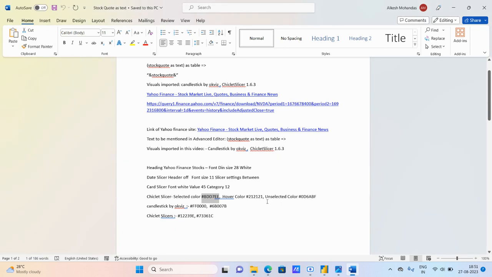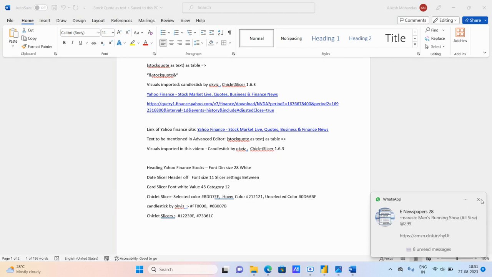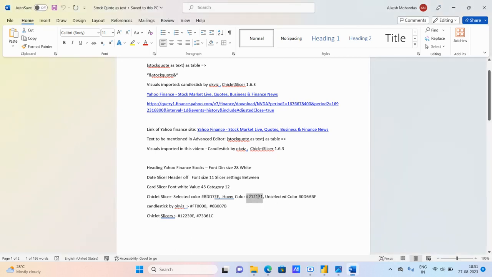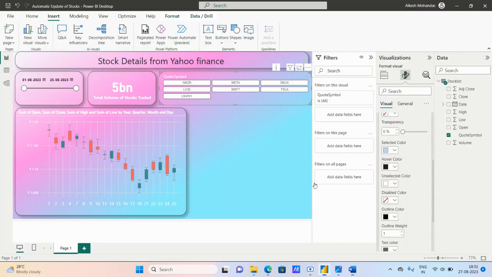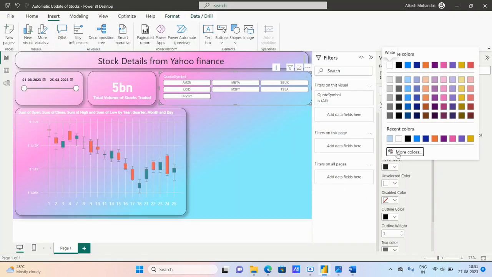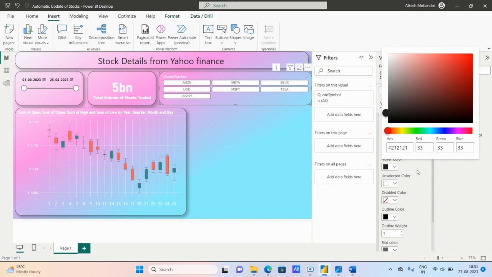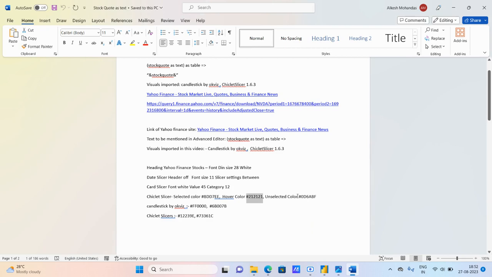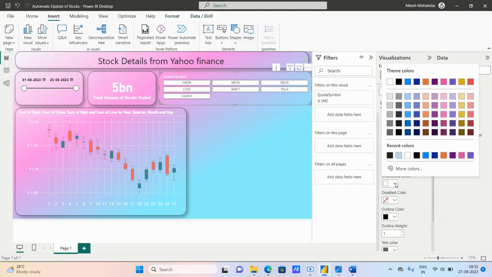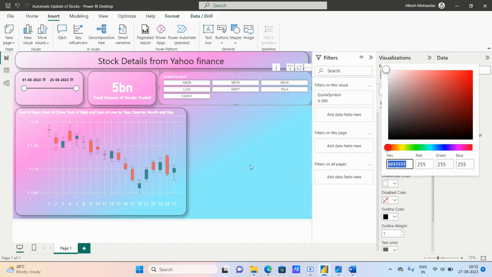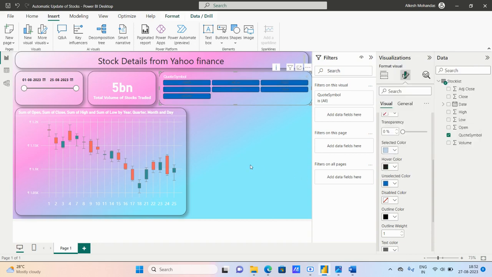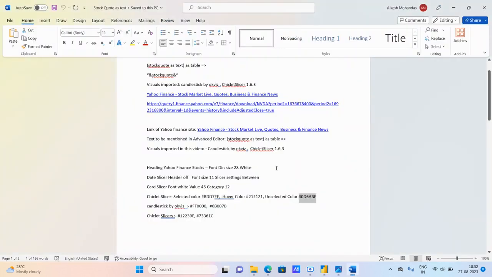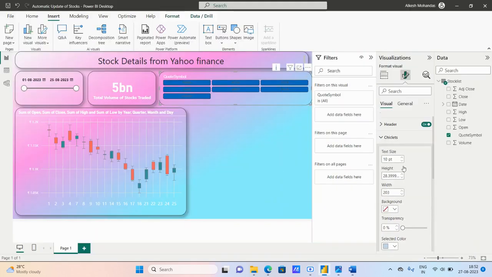The same color is already there. So hover color, you can just select the hover color. Hover means if you hover the mouse on this, then that color will appear. So I think this combination is much better than the unselected color. So now this unselected color is there. We have to change the